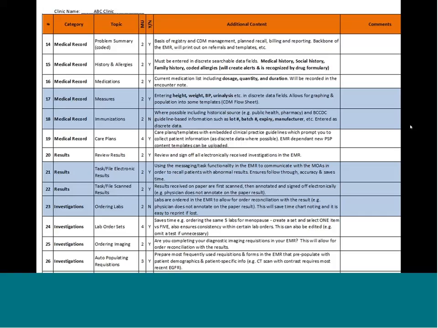So then we move to ordering imaging. Are the physicians using their EMR to order x-rays, CTs, ultrasounds, things like that, which leads to potentially auto-populating requisitions, so ones that auto-populate certain charts or features, demographics, their name and MSP number,